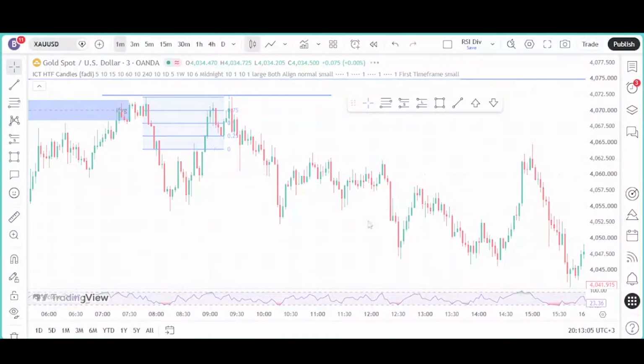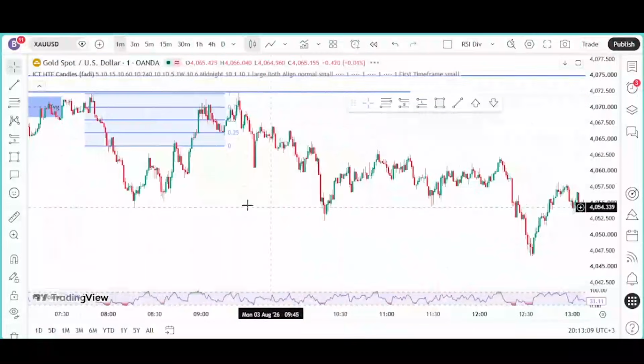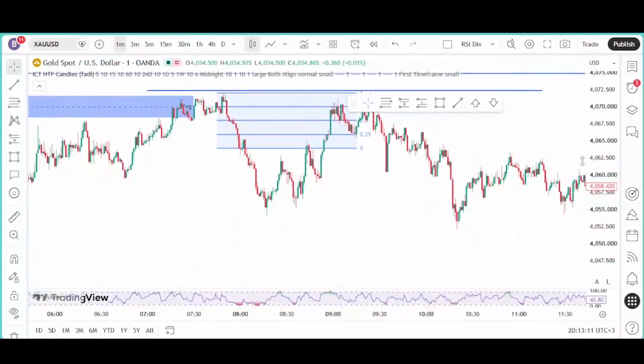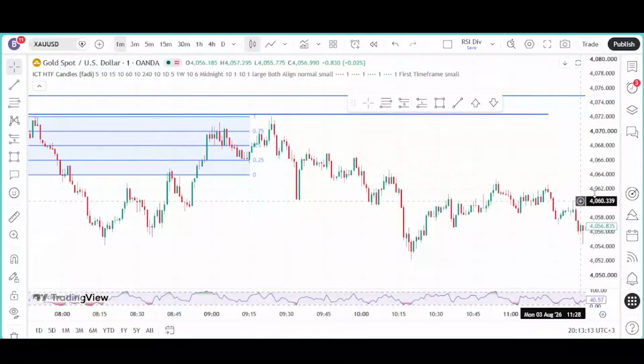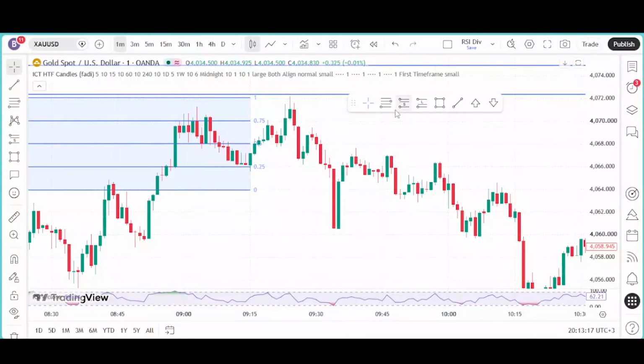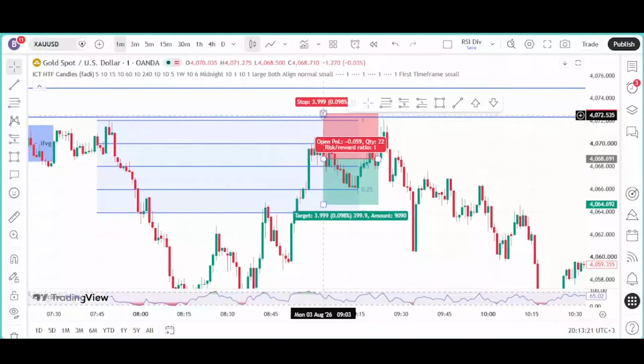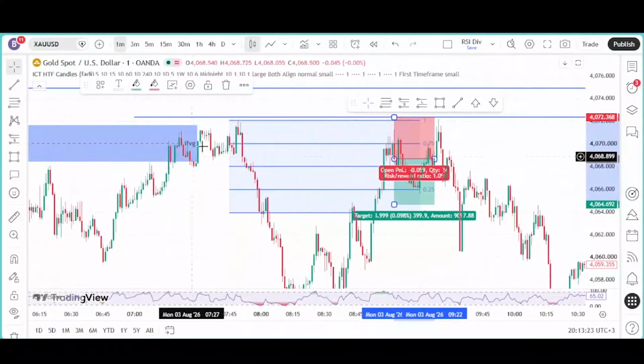And also in the lower time frame, which is the 1 minute time frame, we can also see the same thing happening, that we have an engulfing candle emanating from the premium side of that range, and this engulfing candle is right here. So you can also opt to get an entry from there and stop loss just on this level